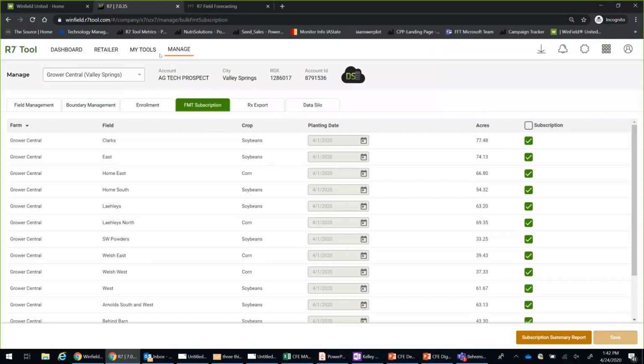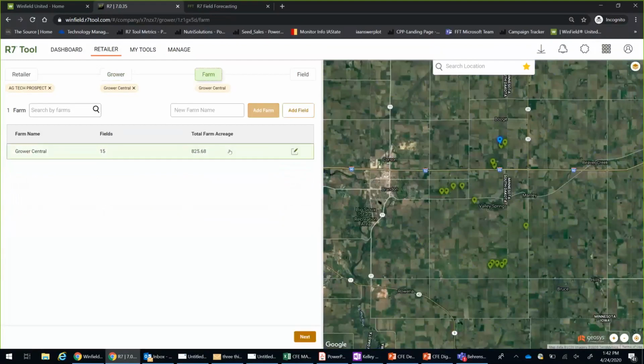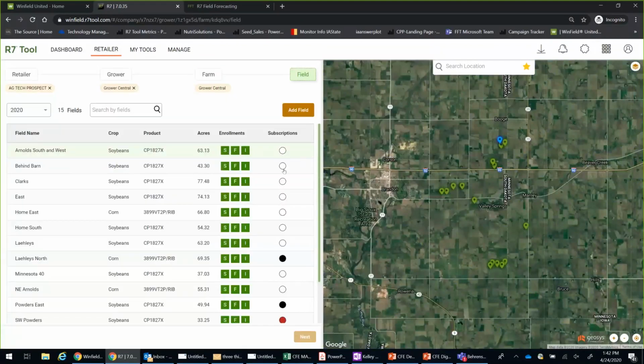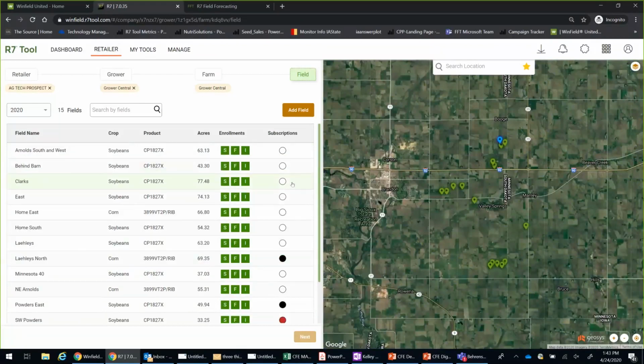So then you can simply go back to your fields and be able to look at everything from that perspective once that season is rolling. So like I said, when you come in here, you can see that my fields have been trending for a little while. Again, as a reminder, we're still getting imagery into the tool today, but there is nothing planted in the field. So what's trending right now might be ground coverage from last year's crop. It might be any strip till fields that we had with equipment running over it, moving all of the crop cover to be able to make it a different color from that initial point.